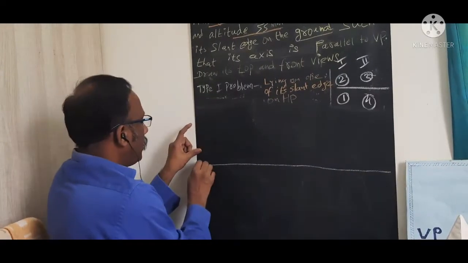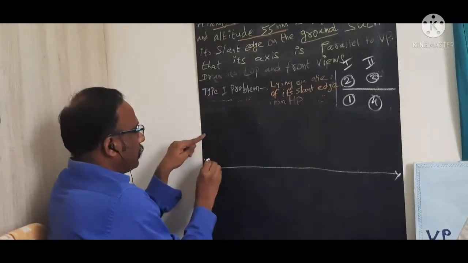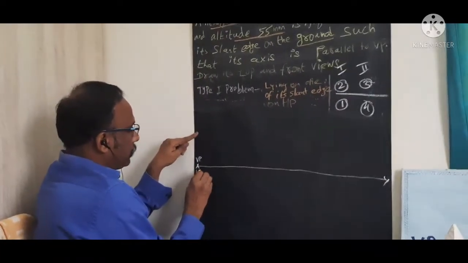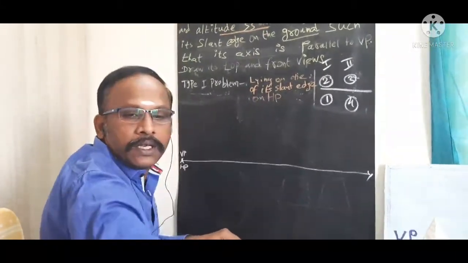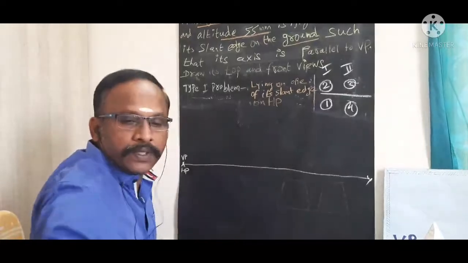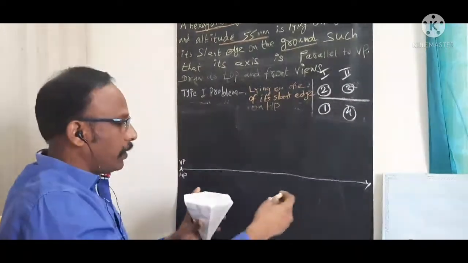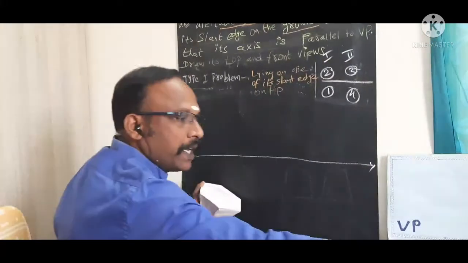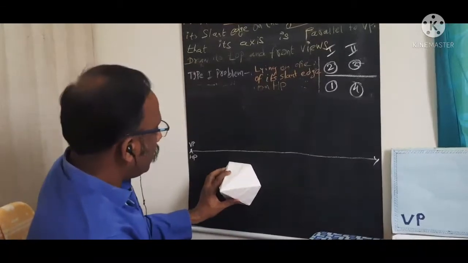This is my XY reference line, and mark it as VP and HP. Now for the first step, I am going to draw the corresponding top view. This is step number 1. By keeping one of the corners on the right side,